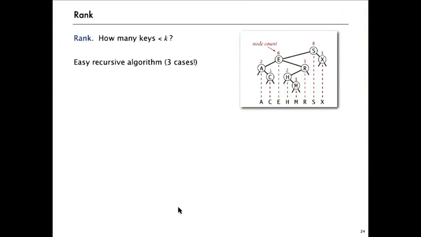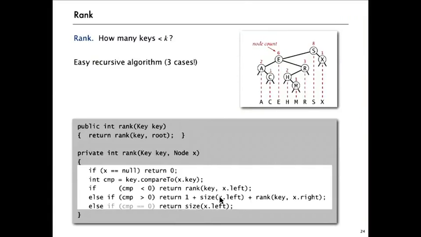Well, it's a little like floor. It's an easy recursive algorithm, but there are 3 cases. So let's look at the 3 cases. We want to know the number of keys less than k. So we're going to have a recursive algorithm for our given key. One of the easy ones is if our key is equal to the key at the current node,